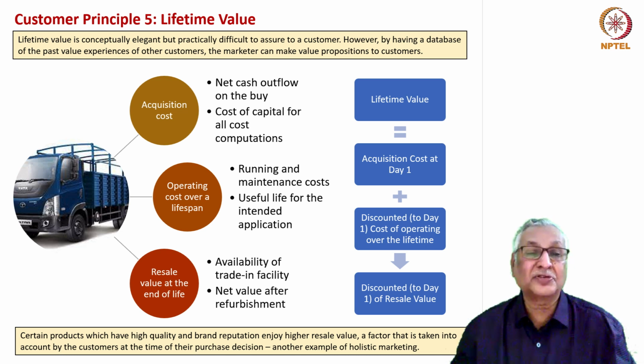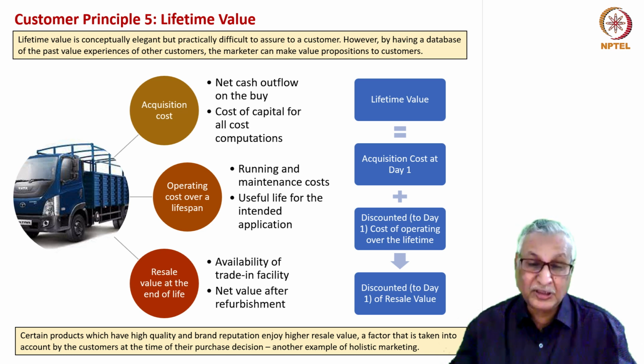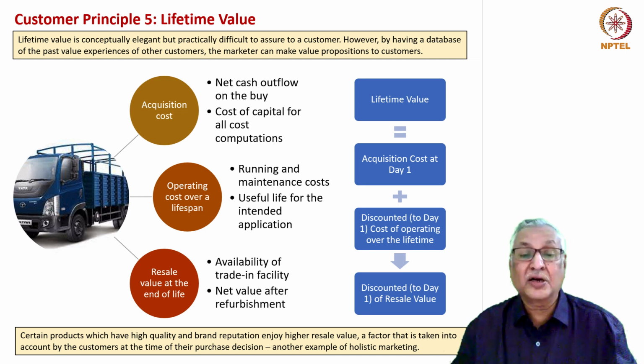The first is the acquisition cost, net cash outflow on the buy, cost of capital for all cost computations. You can see from this that if a company has got a captive financing unit, it will be able to offer better cost of capital for the buyers. The second is operating cost over a lifespan, running and maintenance cost, and the useful life for the intended application. The third one is the resale value at the end of life, availability of trade-in facility, net value after refurbishment,